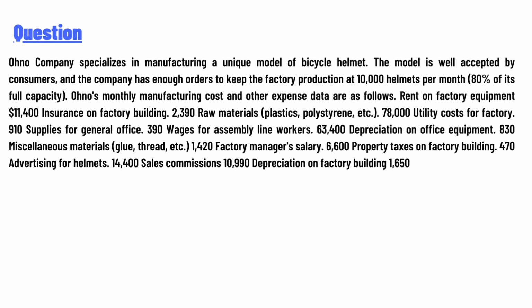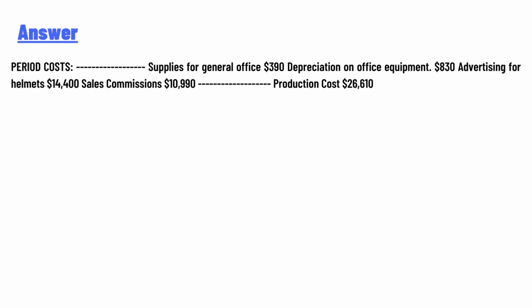on factory building 2,390, raw material plastic 78,000, utility cost for factory 910, supplies for the office 390, wages for assembly line workers 63,400, depreciation on office equipment 130, miscellaneous materials etc. 1,420, factory manager salary 16,600, property tax on factory building 470, advertising for helmets 40,400, sales commissions 10,990, depreciation on factory building 1,650. And the answer to the question is: period cost, supplies for the office